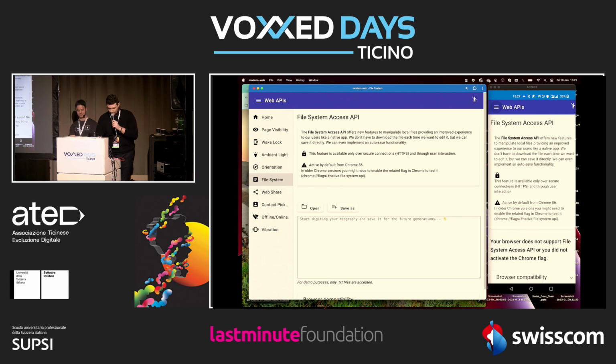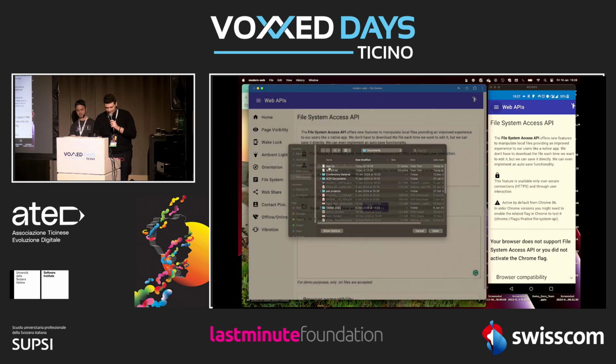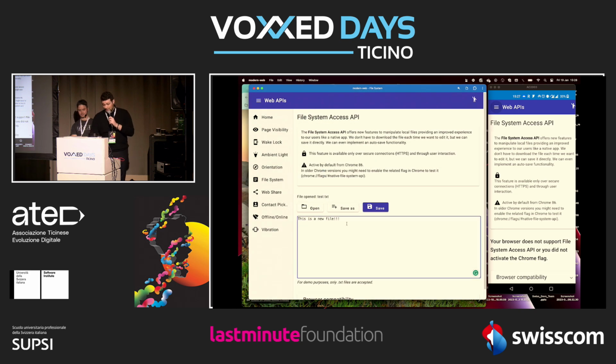So, going into the demo, I can actually do this directly from the desktop application because it's supported. The first thing I will do, for example, is open one of the files that we have already created. As you can see here, I have the file. For the moment, just for demo purposes, we are supporting TXT files. So at this point, you now have the possibility to see the saved file, which was not possible before. This means that if I make a change, this is a new file in, I don't know, I say Voxed,